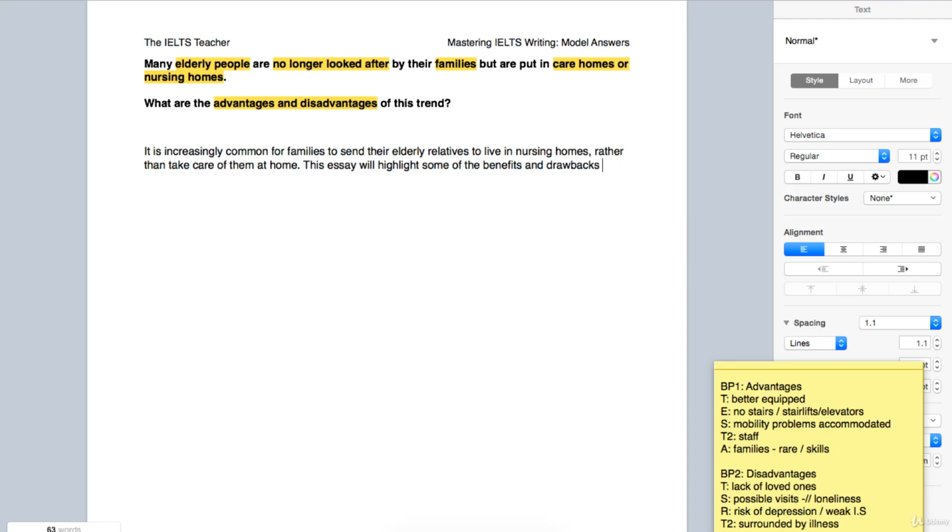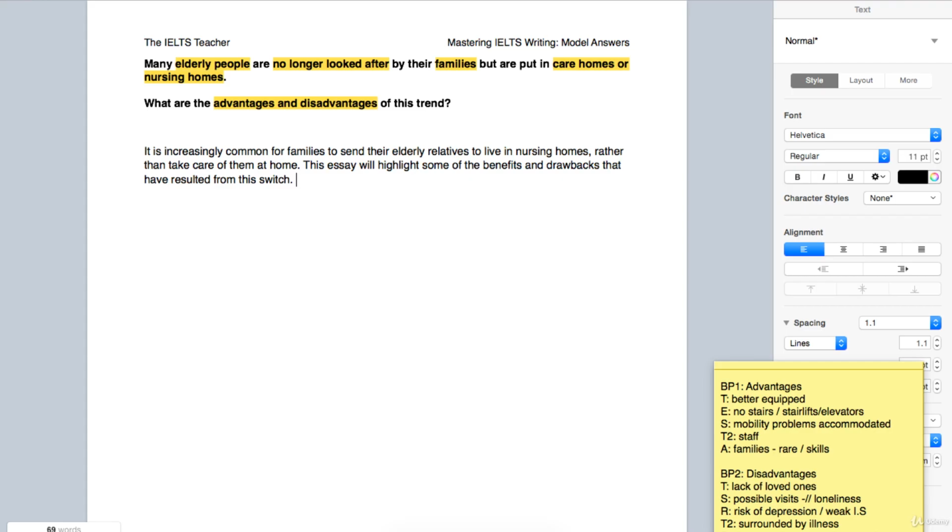And quite similar to before, we're going to use the verb result from, and I'm going to use it, in this case, in the present perfect, to again suggest that there is a difference between past and present, which is what we talk about with the trend, so that have resulted from this. Now I could use the word trend, but if I wanted to paraphrase, I might use the word change, as in we're talking about a change in attitude, a change in the way we do something, so moving from at home to nursing homes. Or we could use the word switch as well, the change from that have resulted from this switch.